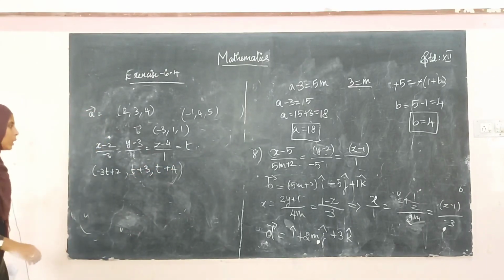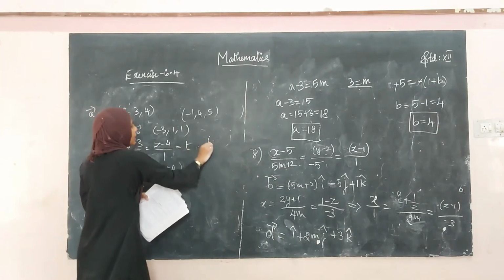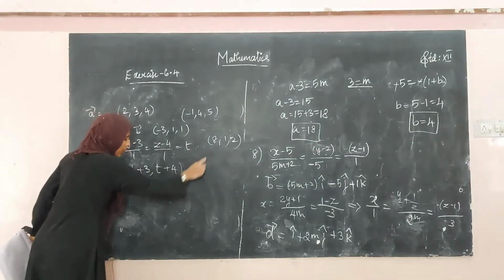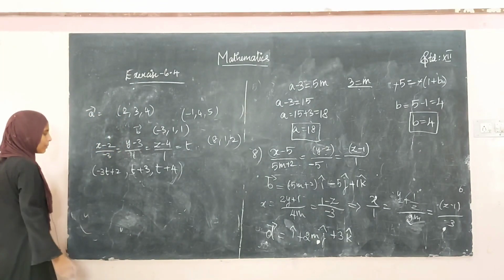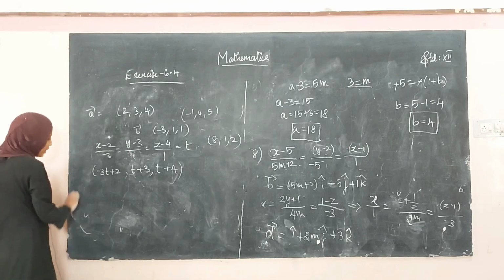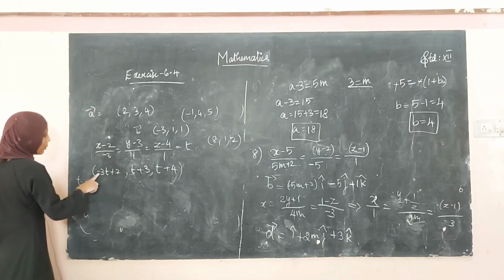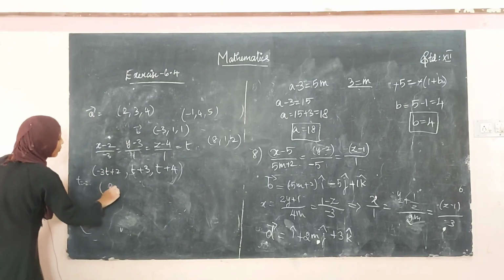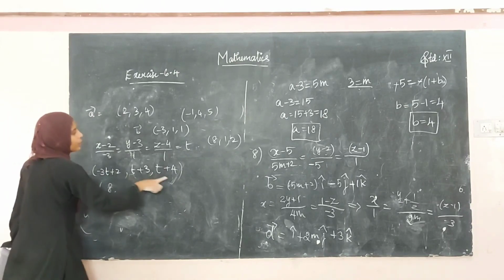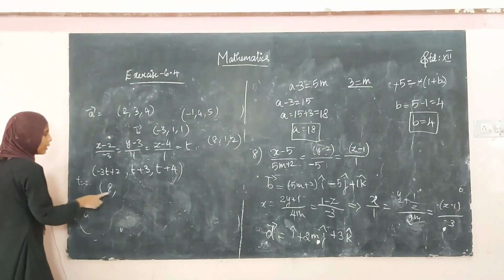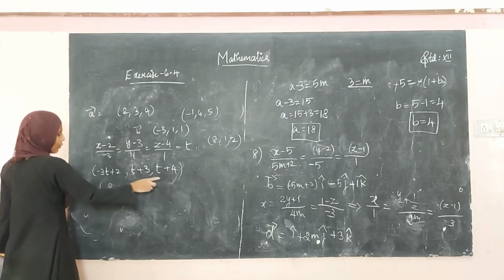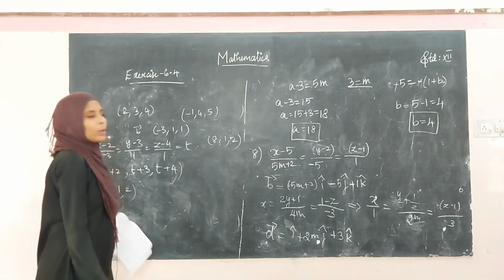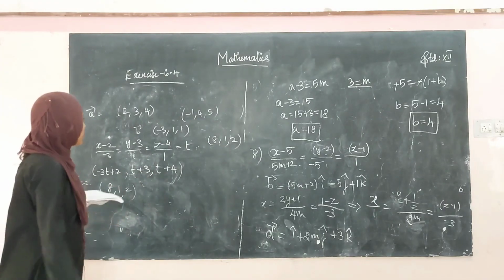Okay, now the third point given in the question is 8, 1, 2. So for the first coordinate to become 8, what do you have to substitute here? Can we put t equal to minus 2? If we put minus 2, minus 3 into minus 2 is 6, 6 plus 2 is 8. So the first coordinate comes as 8. And when t equal to minus 2, you have to check whether the next two coordinates also come out the same. So 3 minus 2 is 1 and 4 minus 2 is 2. 8, 1, 2. Yes, we got the third point, right? So you can say that these 3 points are collinear. So this is how you have to do it.